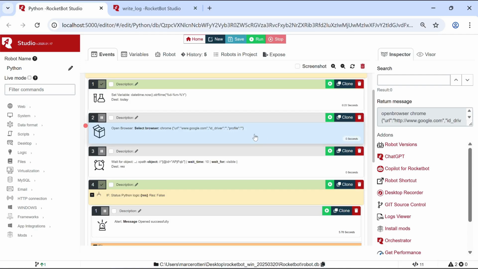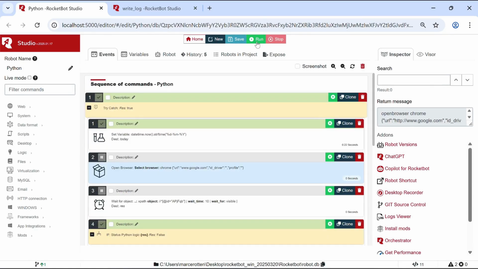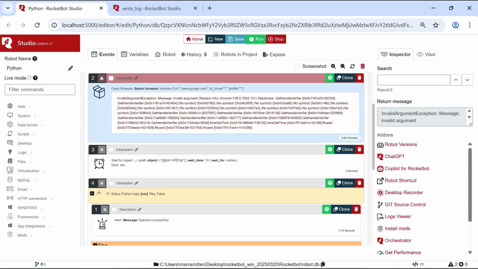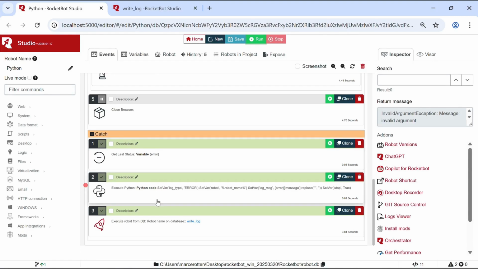Since it's going to generate an error, it's going to show us that error message here, and automatically, from this point, it's going to jump to the catch part. Watch, if we run it, we'll stay here so you can see, it's going to show that this is an error. Look, here's the error. And well, it stopped here. Notice, it didn't execute any of this part and went straight to the catch section, where it writes the log